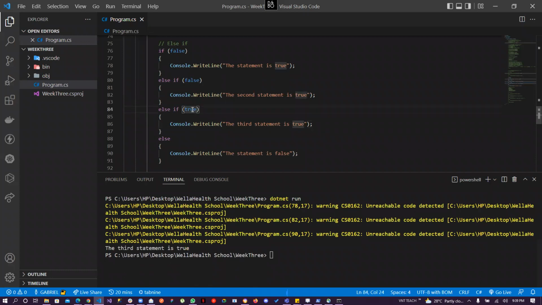Now, what happens if I now make everything false, right? The first statement is false, second statement is false, third statement is false. It's going to now jump to the last one, which is the, oh, less than a minute. So let's just try this last one before